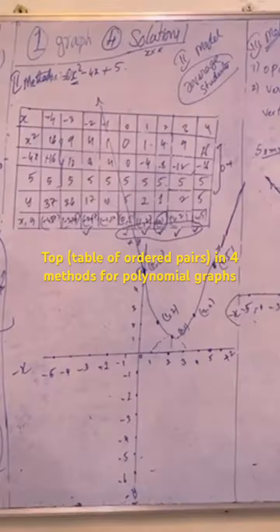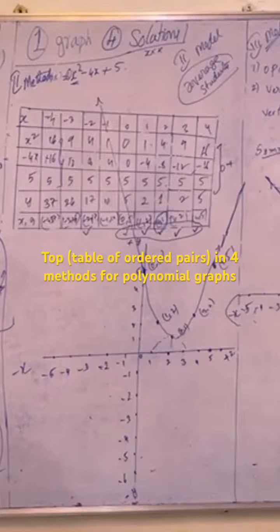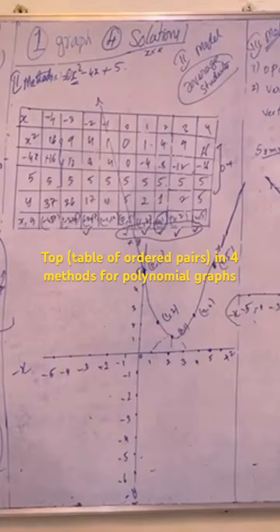Here I am going to teach you 4 methods. This is the first method, second method, third method, fourth method. Here it is taught in schools. First what we have taken is y is equal to x square minus 4x plus 5. Here the x coordinates minus 4 to plus 4, then we will get the graph in a perfect way. That is, we will have to take minus 4 up to plus 4.